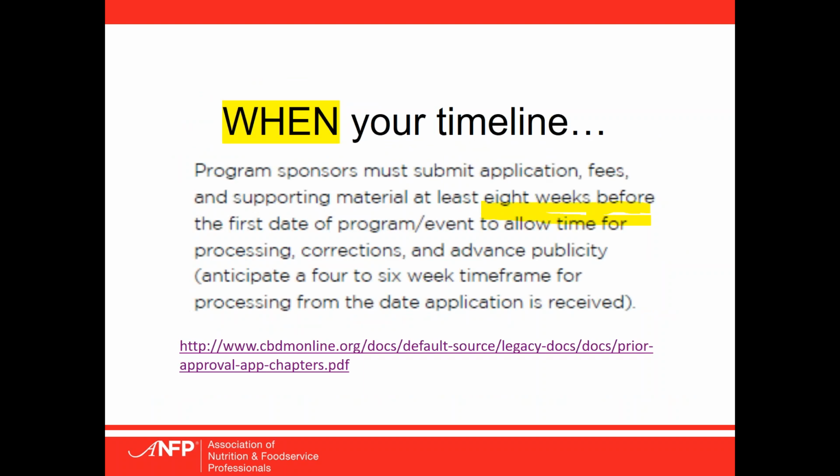So we talked about when, with your time frame. 8 weeks is what we'd like to see before the date of the event. And you can anticipate a 4 to 6 week time frame for processing from the date the application is received. So a lot of things that we ask of you to get sent to us, all that paperwork that